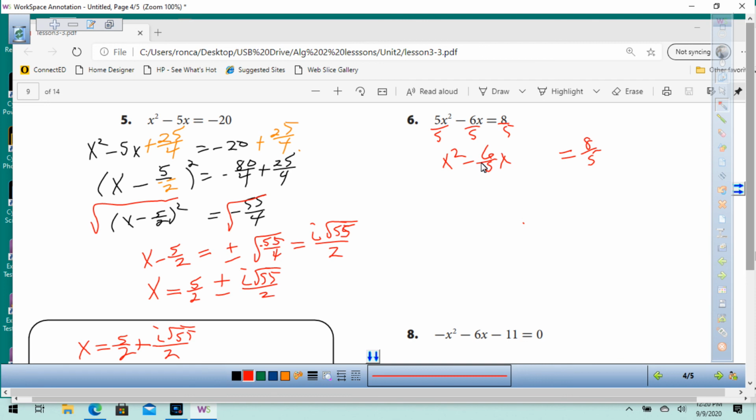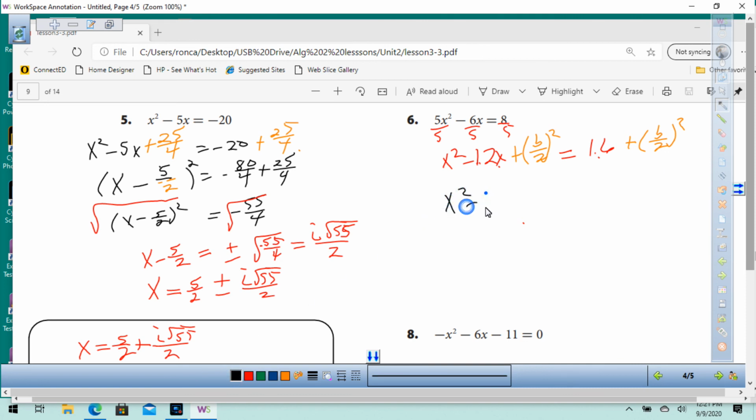And then what do we got here? 6/5. If we go to our calculator, 6/5 is the same as 1.2. We got 1.2x. And 8/5 is the same as 1.6. We're going to add b over 2 squared. And that's going to give us